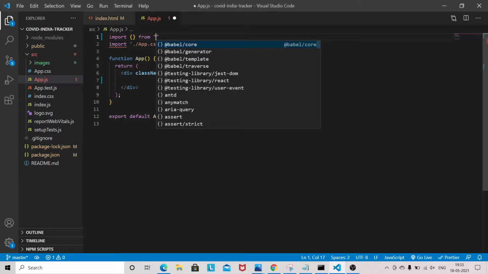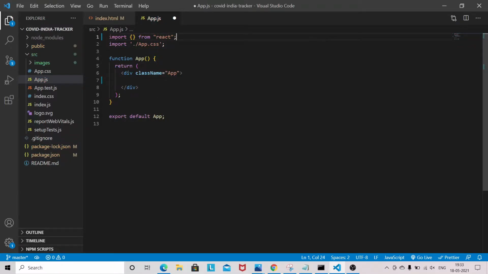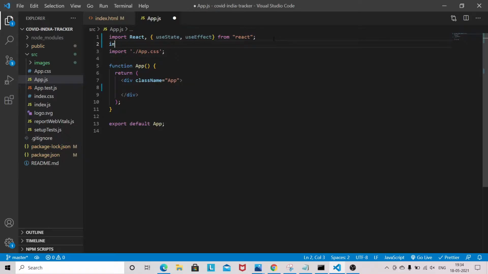From React, we import React, and useState and useEffect are needed. And we will also need this from axios.